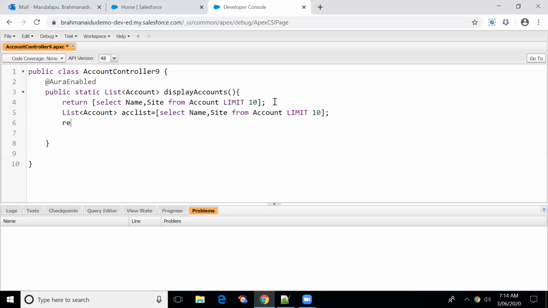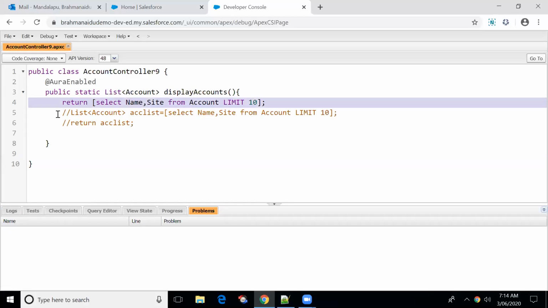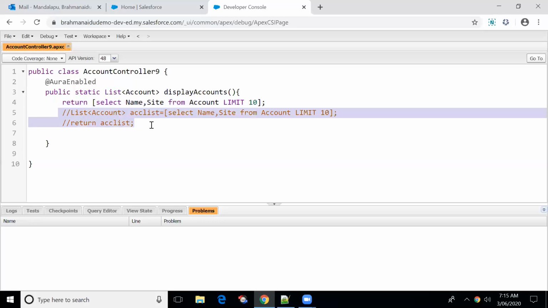Okay, so return ACC list. It will also return the same thing. So you can follow this way or you can follow that way. You will not get any error.